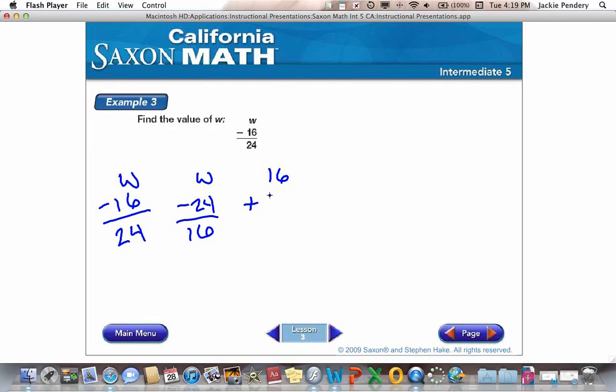16 plus 24 equals W, and 24 plus 16 equals W. Now, both of these two problems right here have W as their sum. You can use either one to solve the problem because with addition, it doesn't matter which way you add, you will get the same answer. So I'm going to choose this one right here, and I'm going to